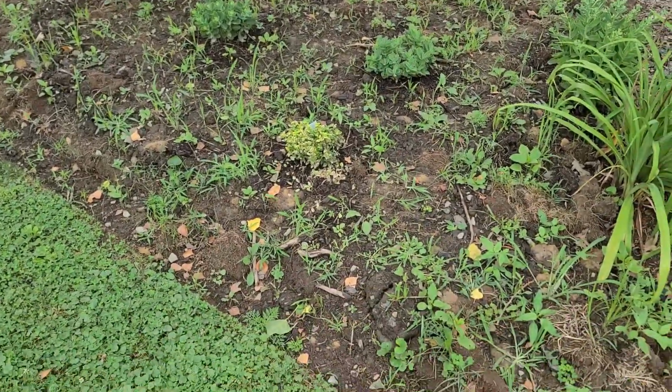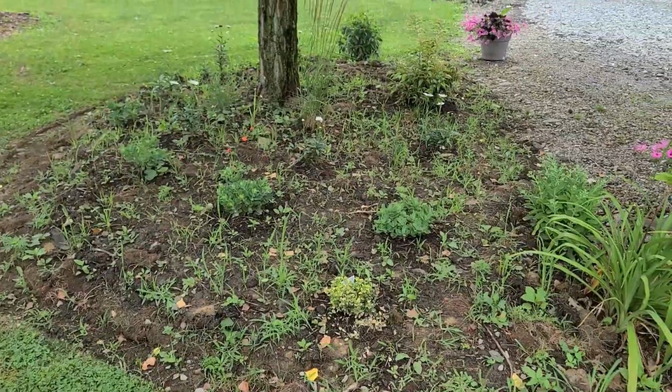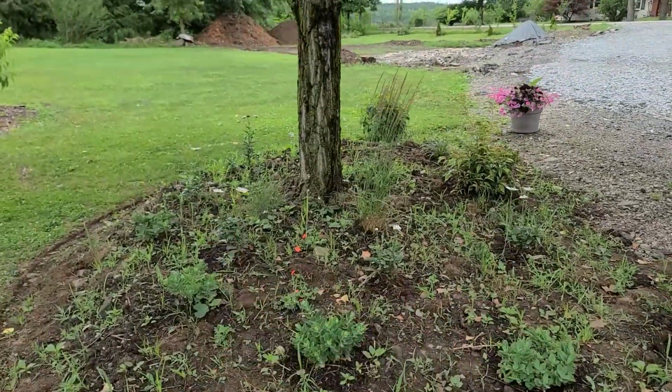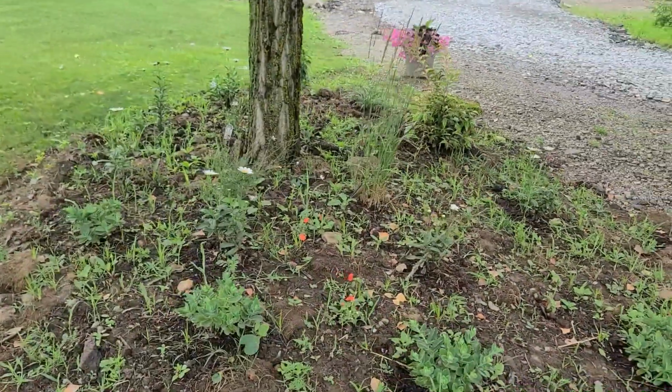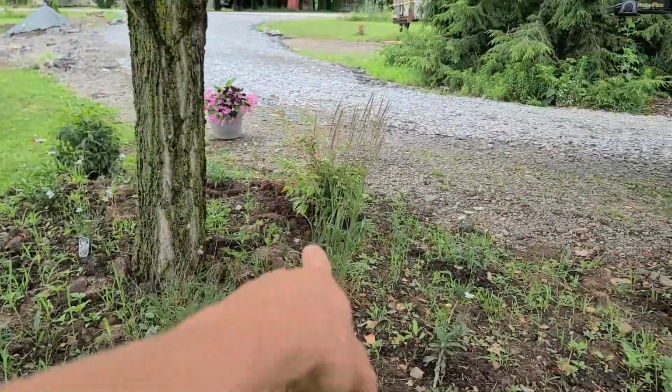Doesn't even look good out here, but if you can look through the weeds, I got all my white daisies blooming, and they're all starting to put on multiple blooms, which is good to see. I ended up getting that